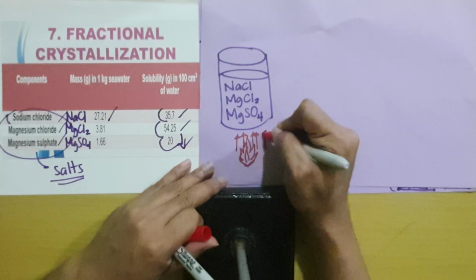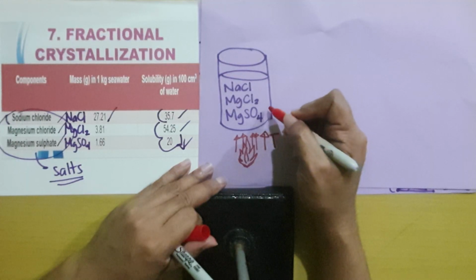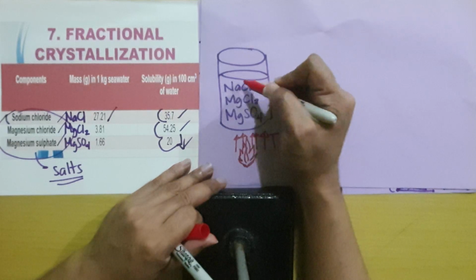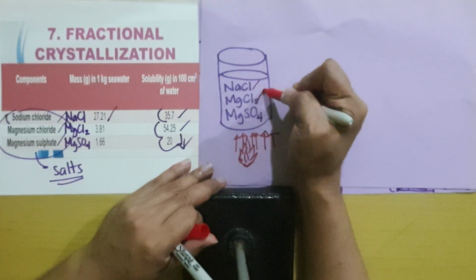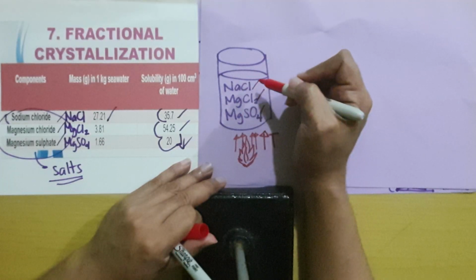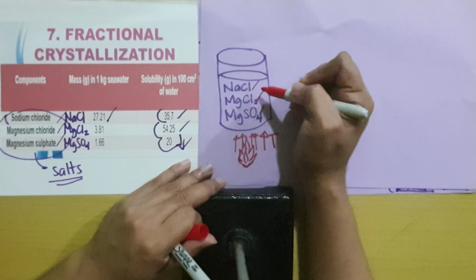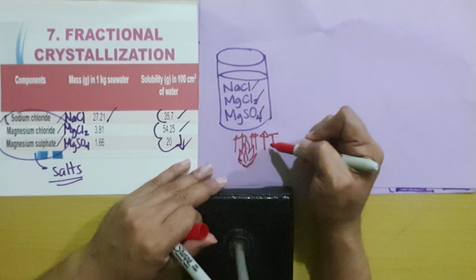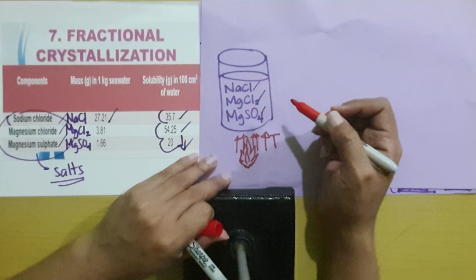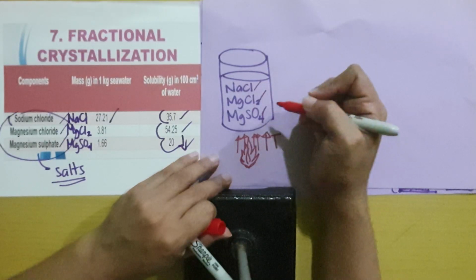Since it was subjected to a very high temperature, it means that these salts, sodium chloride, magnesium chloride, and magnesium sulfate, were dissolved in this solution. Note that in fractional crystallization, after it was subjected to a very high temperature,